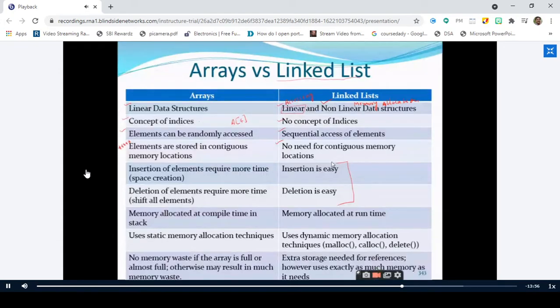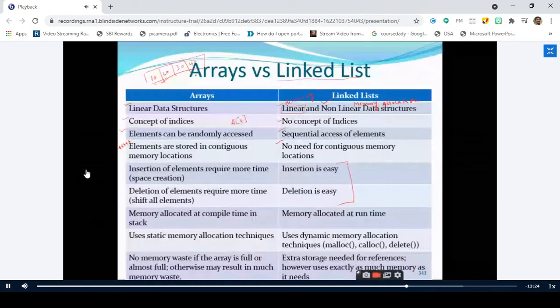How is it possible, sir? Insertion of an element inside the array itself is very easy. So where do you insert the elements in the array? For example, I have an array like this, I have 10, 20. I want to insert 30. Where can I insert? After 20, sir. After 20. I want to insert 40. After 30. This insertion is very easy now, sir. Why are you saying that it is a complex operation in case of array?